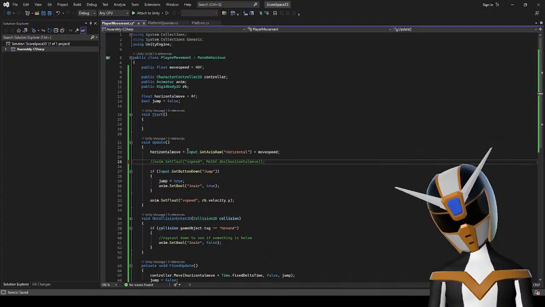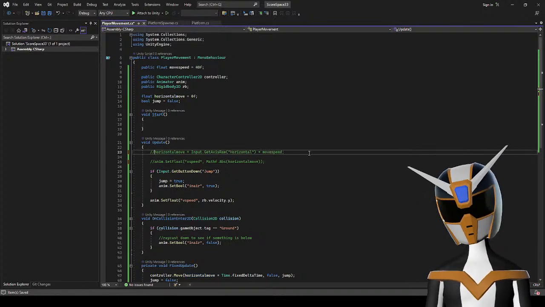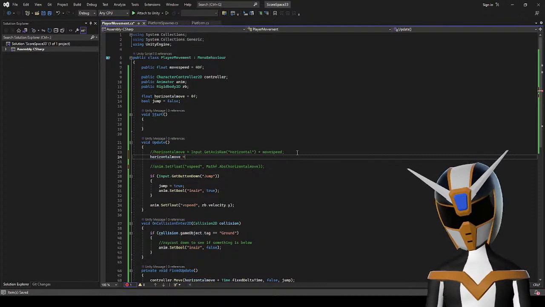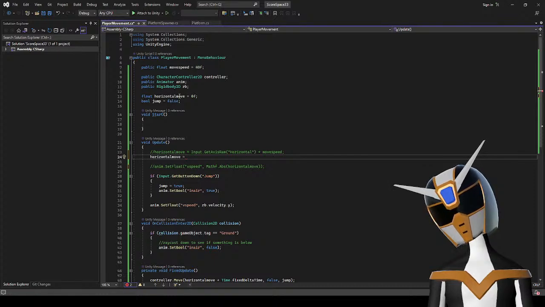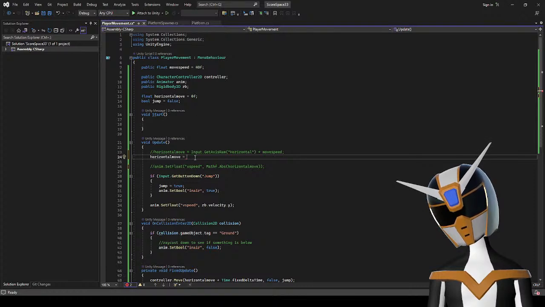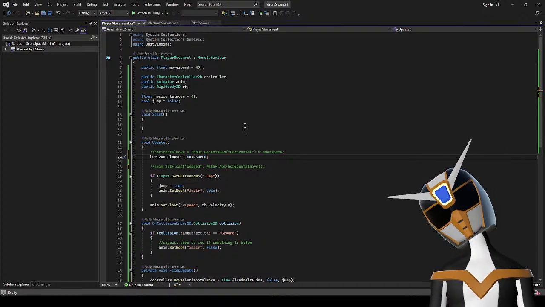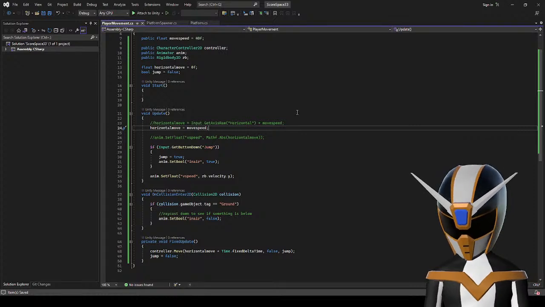Well, that's not gonna really take in an input, is it? So let's just get rid of that for the time being. Horizontal move is equal to... That's a vector too, right? Or is it just a float? Oh, it is just a float. Let's just go horizontal move is equal to move speed. That should be all I need. For now.